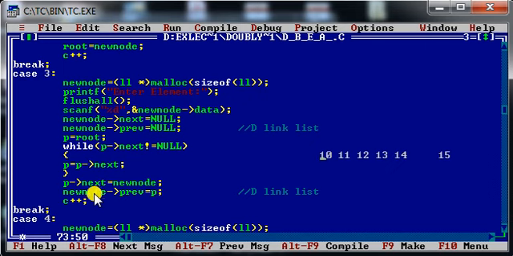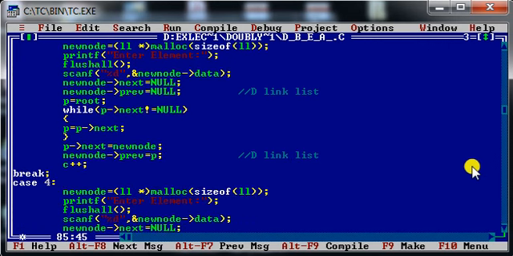At the same time, new node of previous equals P. It means in the previous part of this newly created node, I am assigning the address of P, that is element number 14, right? So this way we have created two links between element number 14 and 15. Once again we are inserting this 15 into the existing linked list, so I am incrementing the counter. Fine. So this is the concept of insertion of a new node at the end in a doubly linked list.